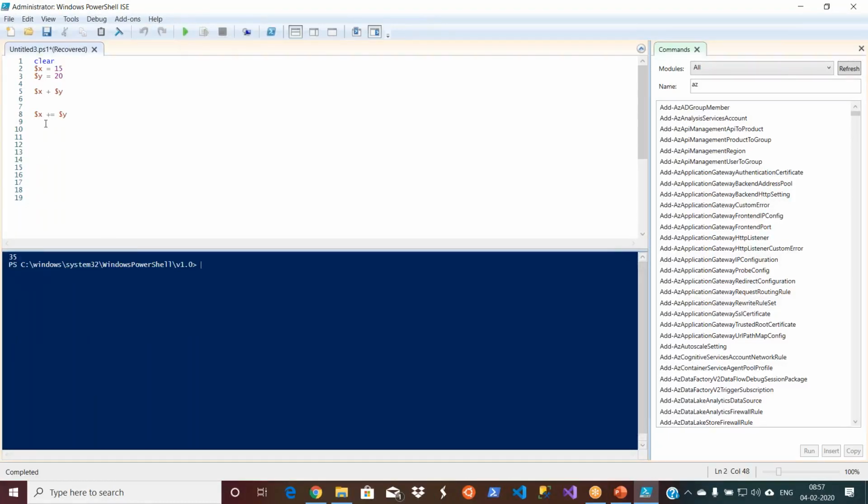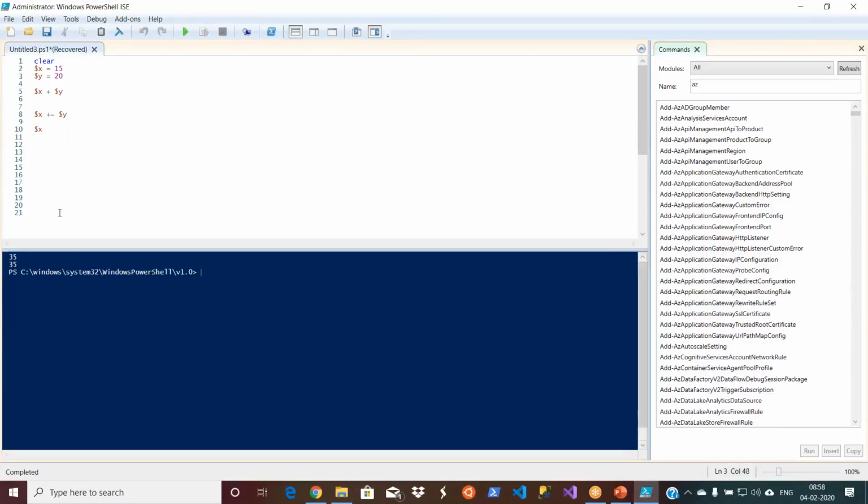I don't see anything because I need to put the content. The first 35 is the output of $x plus $y, and then I wrote $x plus $y in a different way, $x plus equal to $y. So now the $x value is 35.